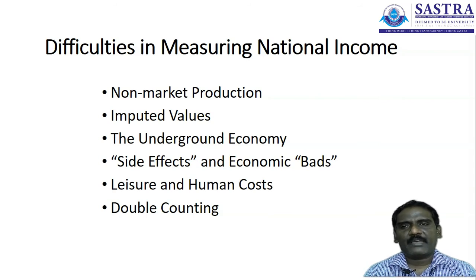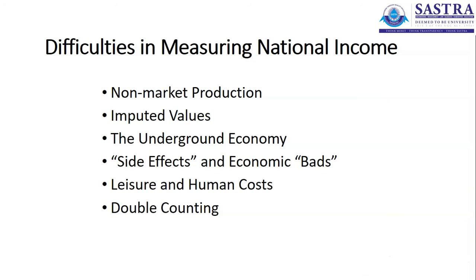So sometimes it may happen. It may be a kind of closed product, or a substitute product, that affects the market. Leisure and the human cost are also affecting the overall, if the people are not working in the particular economy, it is not ensuring that all the people in the economy are working. So it may affect the overall productivity in the particular country.